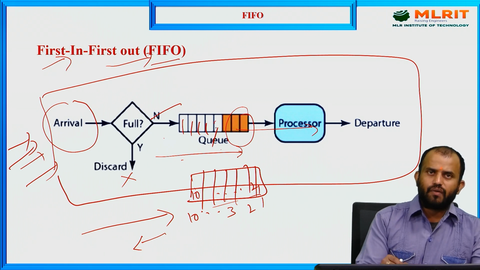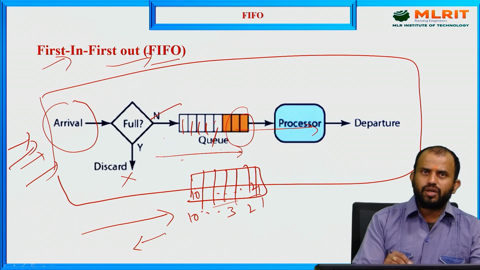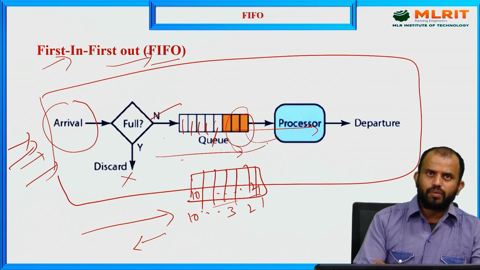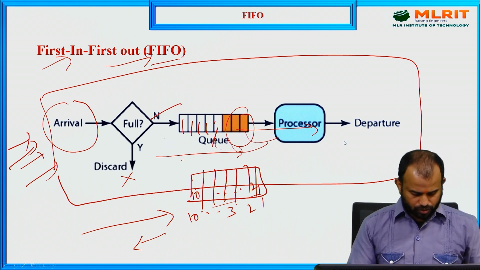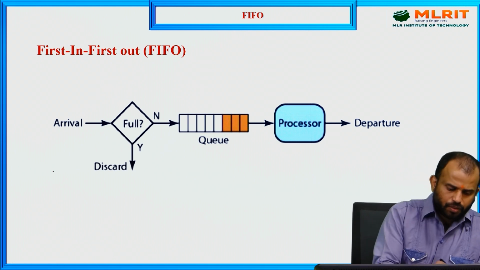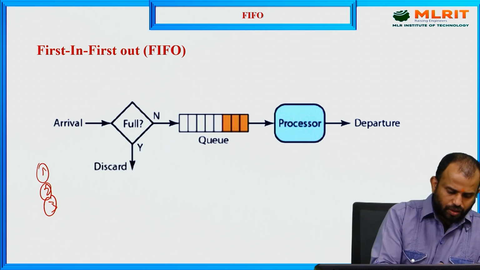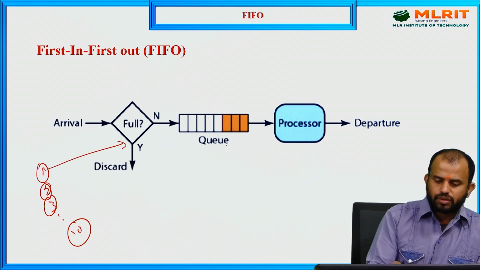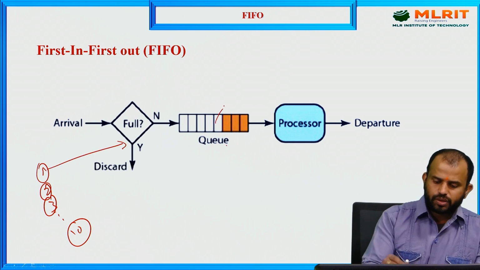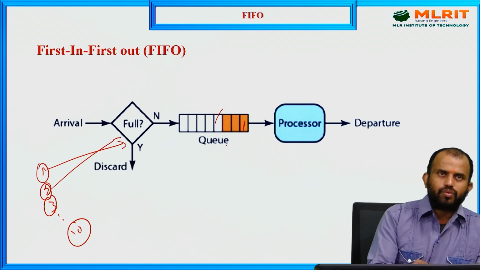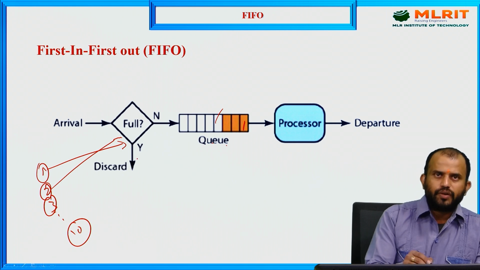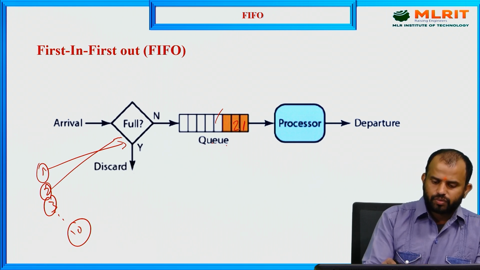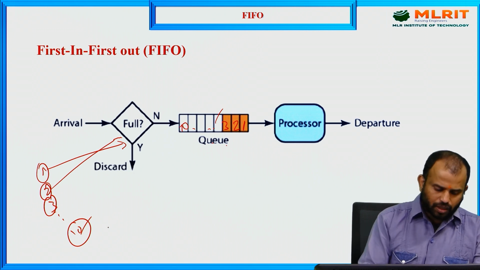If the queue is available, if channels are available, the packet enters, and the packet that arrived first is released first. For example, I'm transferring frame 1, frame 2, frame 3, and so on till frame 10. Frame 1 arrives. First we check the condition: is the queue busy or free? The queue is free, so frame 1 occupies the first position. Similarly, for frame 2, again check whether it is full or not. If full, discard it. If not, frame 2 enters. Similarly frame 3, and so on up to frame 10. So frame 10 is done. Next we transfer frame 11.